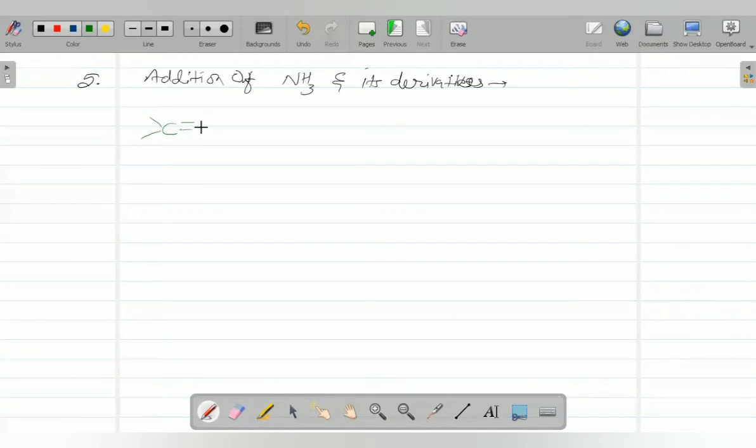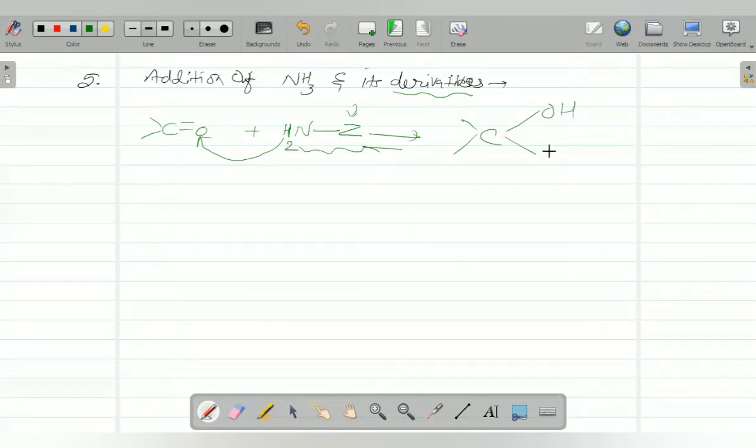Suppose this is C double bond O and it reacts with ammonia, NH3. So instead of NH3, we are taking NH2 and one H makes the Z. Z means this keeps on changing. Here you have to take anything new. Now the mechanism, how will it go, that you understand. First of all, this hydrogen from here is taken on this oxygen, only one H. And the remaining is taken on the carbon. So what happens? Oxygen gets hydrogen and carbon gets NH and Z, remaining NHZ,